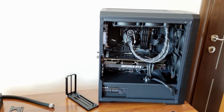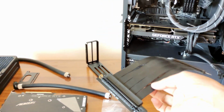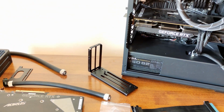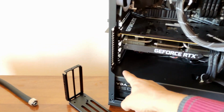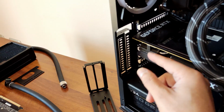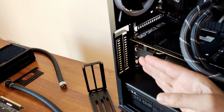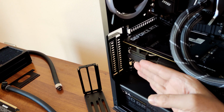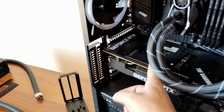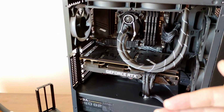So yeah, for the GPU basically I have two options. Either I can use a riser and this stand that I found on AliExpress that I can mount in here, because we see we have a 2-slot here, but then it's going to be a little bit fiddly with the fitting, so I don't know if that will clear the glass here. One of the tubes might go here or they might go from behind,